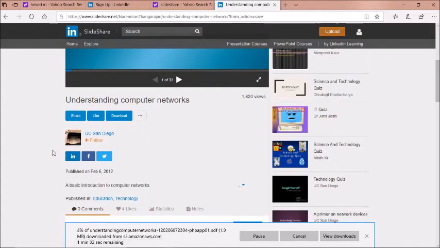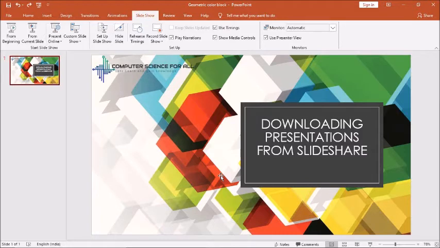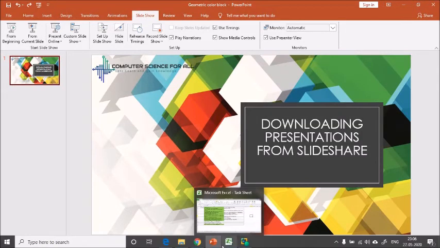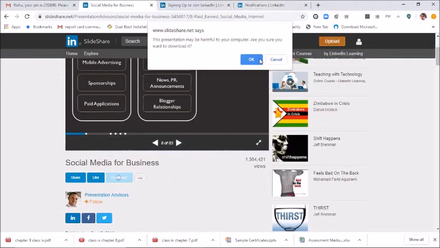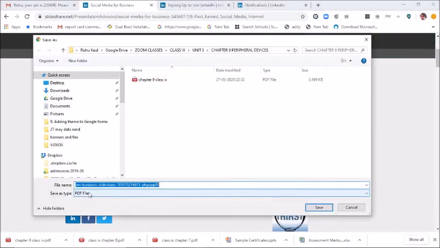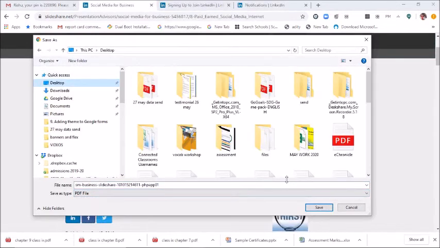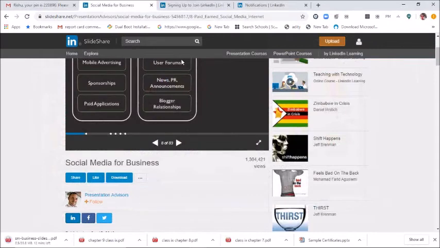Okay, so now what will happen after you download the PPT, because PPT will be downloaded in PDF format. Now, because you have to have your PPT according to the content that you have to teach in the class. Now, what you can do is you can download the PPT, and for example, I am downloading this PPT, and you can convert, because when you download this PPT, it will be downloaded in a PDF format. If you see, it is a PDF file. So if I save this on desktop, right, it is a PDF file.